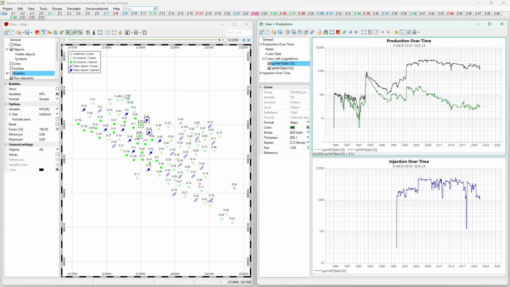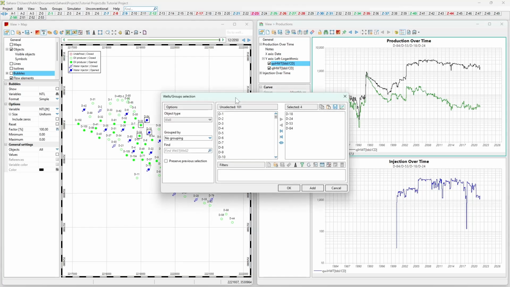Another thing that is quite useful, and that is quite common as well, is the selection window of wells, the object selection window, where we can select which kind of object we are going to select. In some cases it is grayed out because we can only select one type of object for this window in particular,